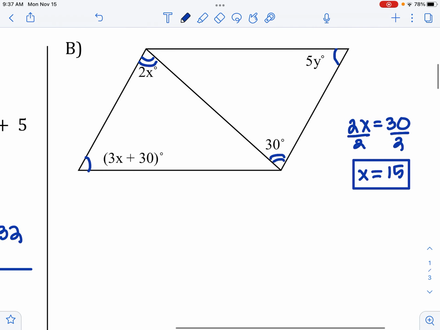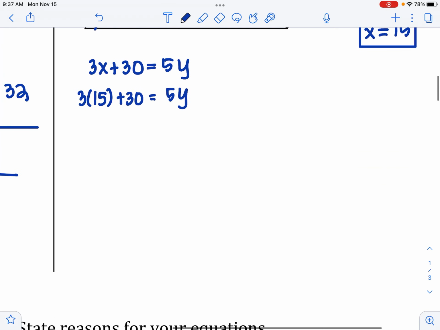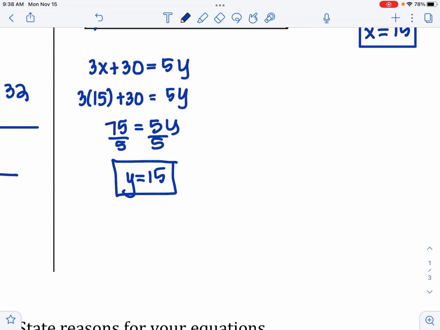All right, now I can go back to my other equation that I wasn't able to solve yet. 3x plus 30 is equal to 5y. And now I can solve that because I know x is 15. So I'm going to do 3 times 15 plus 30 is equal to 5y. 45 plus 30 is 75, which is equal to 5y. Divide both sides by 5, and I get y is also 15. By coincidence,